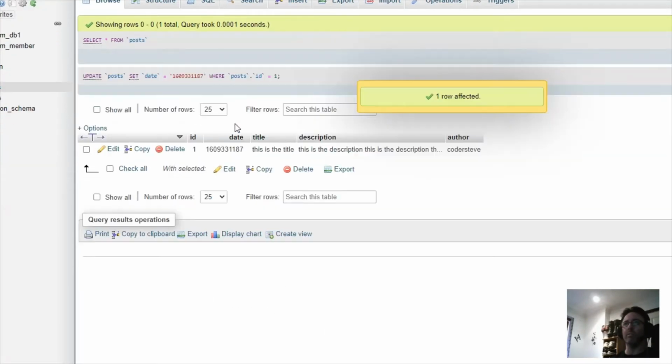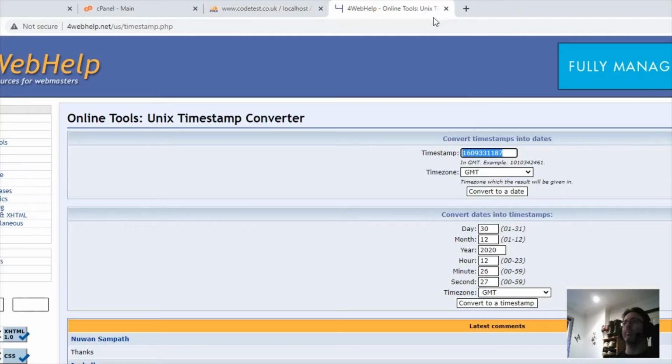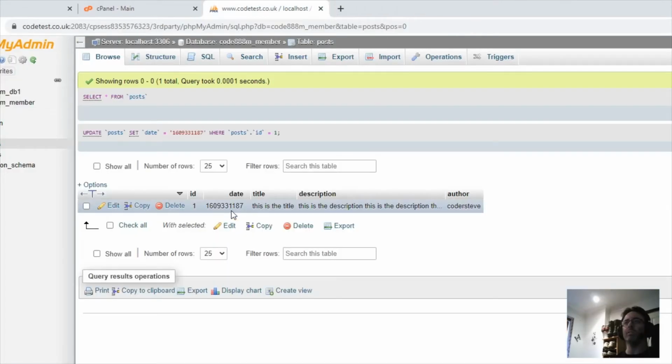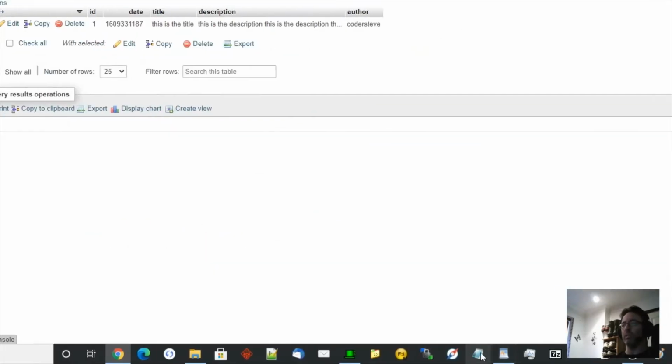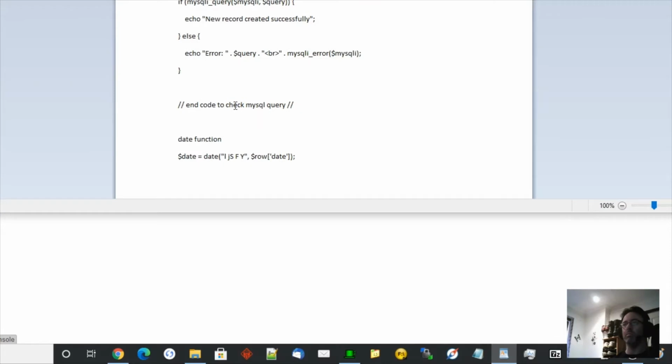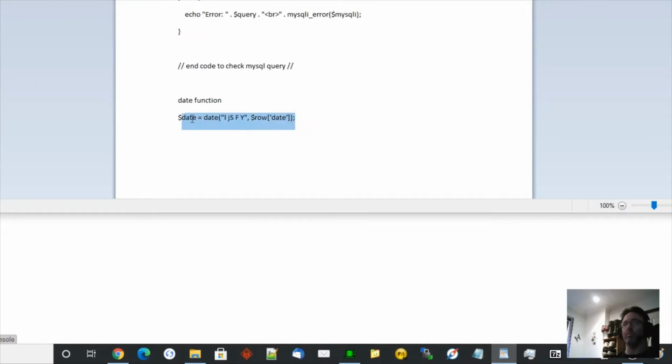So now I've got the current timestamp. So that's got the timestamp of that. So I'm going to close that. I don't need that anymore. So now we've got the timestamp. We can put the date in there. I've got my little trusty sheet, and we can use this like this. And I'll copy that,